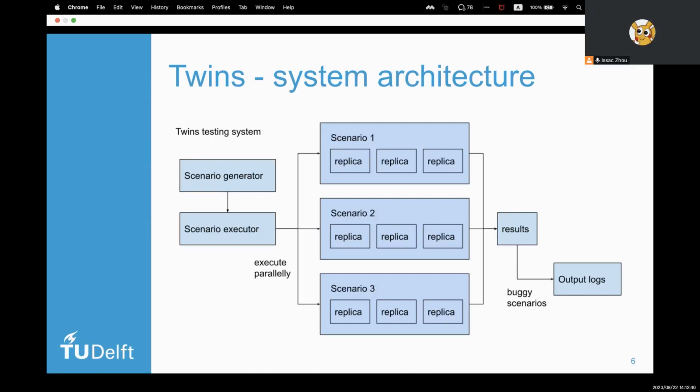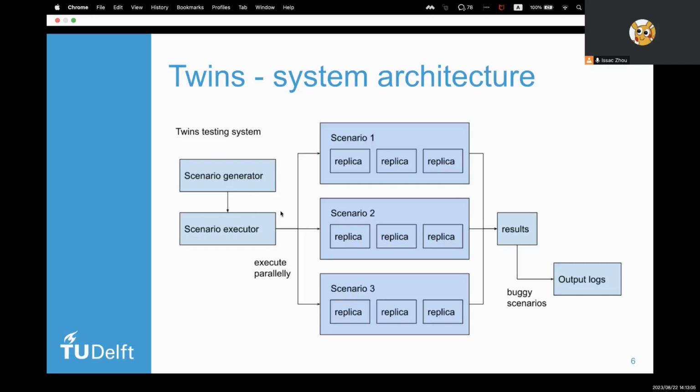Now, let's look at Twins' system architecture. A typical Twins system consists of a generator and an executor. The generator first produces all the possible network partitions and possible leaders.